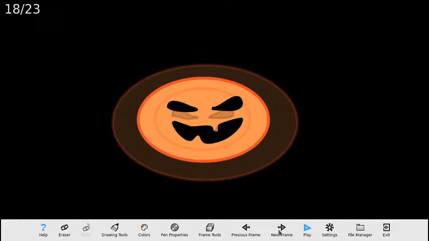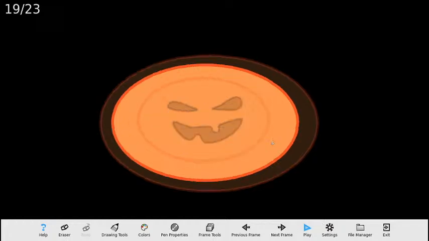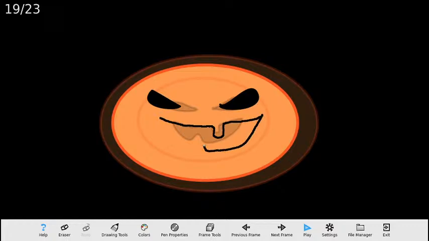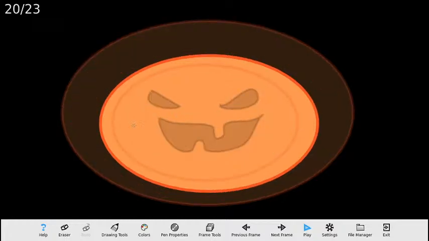And once again, add the mouth a little more bigger in every new frame. It's like it is opening its mouth. Once again,